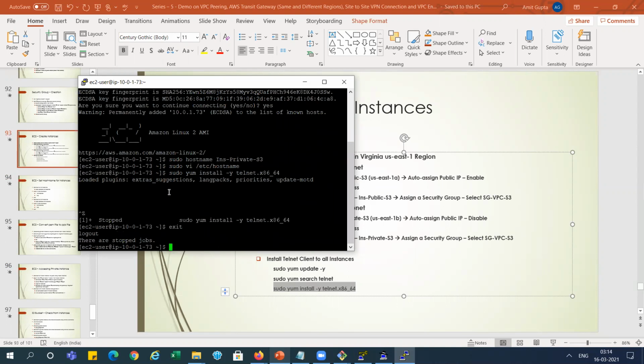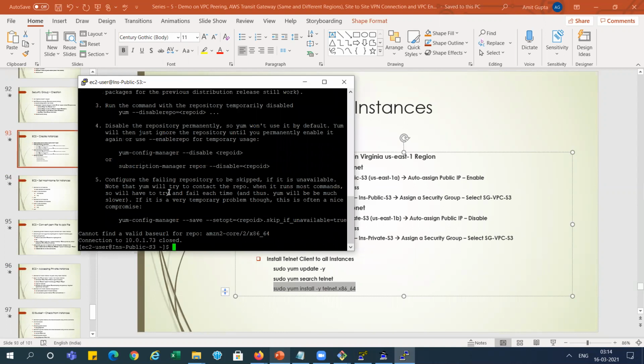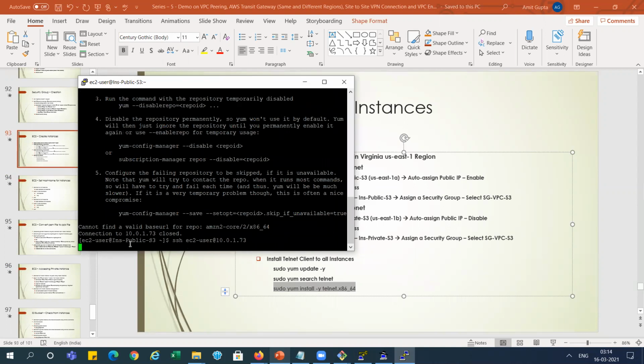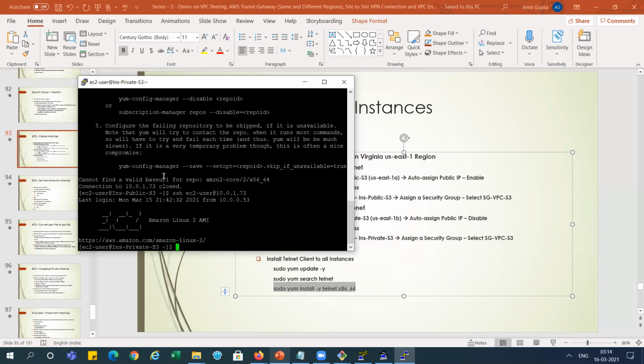Now we have exited. Now we reach the public IP and again we will connect with this server. You can see when we have connected, now we have moved from the public S3 to the private S3, right? Because you have given the name and also the name is coming at the top, right?